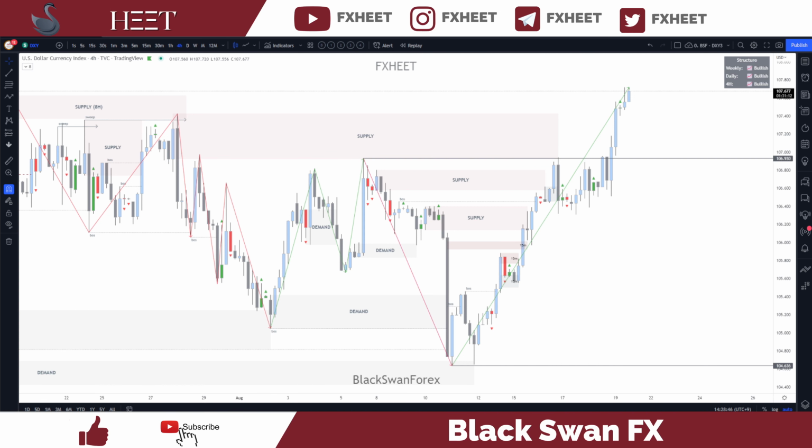Now, looking at DXY, on the 4-hour following lower time frame expectational order flow, price tapped into upper supply, expecting a reversal and pushed to the downside. Instead, higher time frame was clearly aligned and the expectational order flow that we should have been expecting was on the higher time frame. So after some consolidation here,